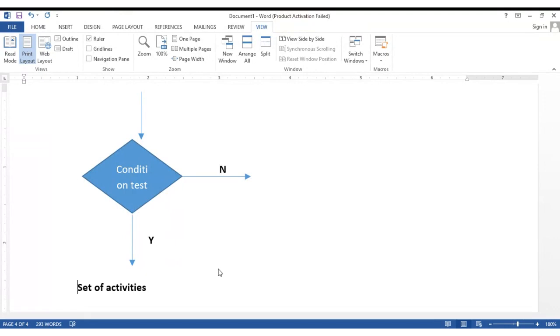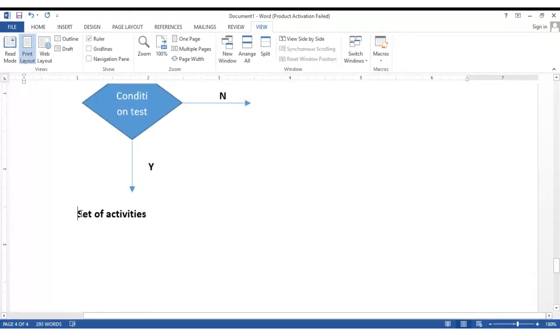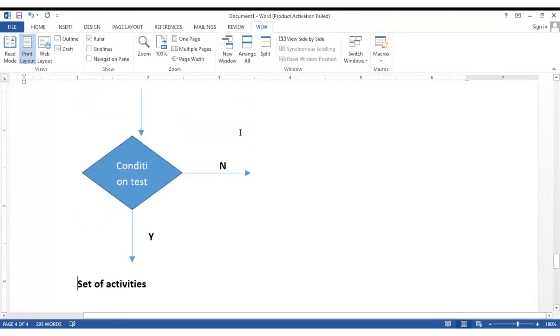Now if a condition is true, it will do a set of activities. If a condition is false, it will